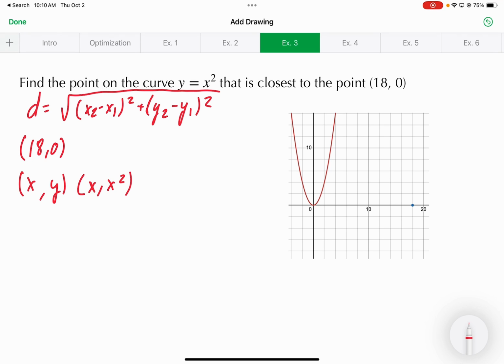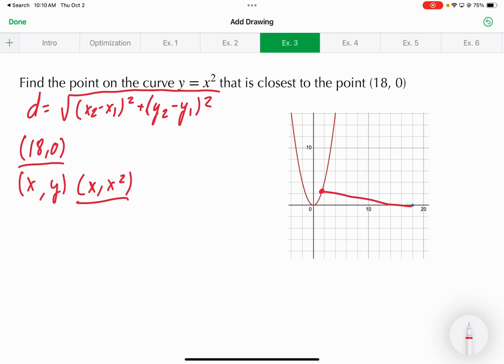X squared, because that's what y is. Y is x squared, right? We're finding the distance between those 2 points. I don't know what point it is on here, but it's something around there-ish. So that point is xy as far as I'm concerned. But we know what y is. It's x squared. Okay? Now, we need to take this point and this point and plug it into our distance